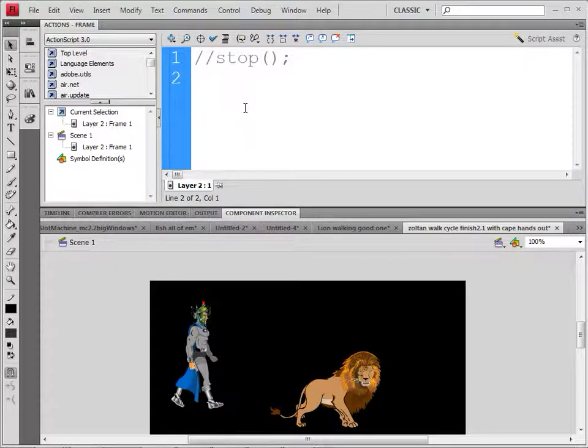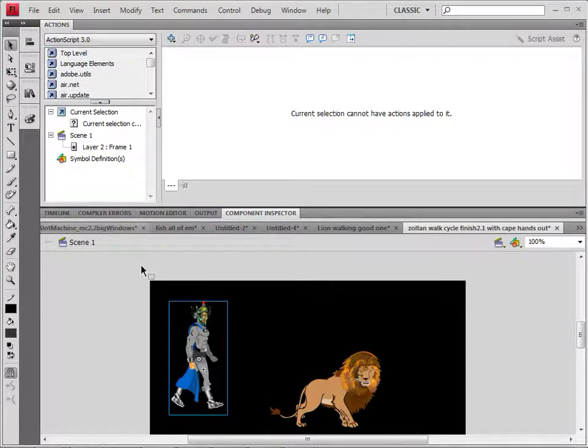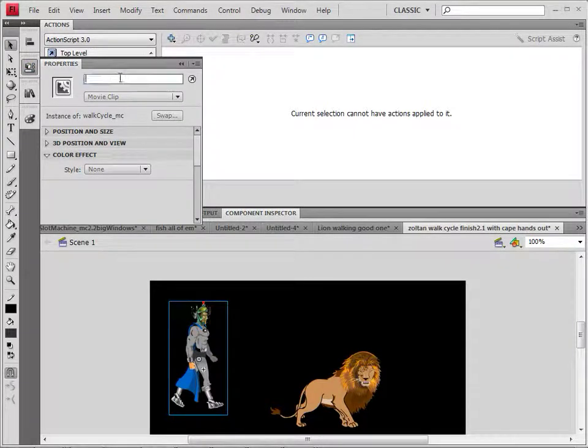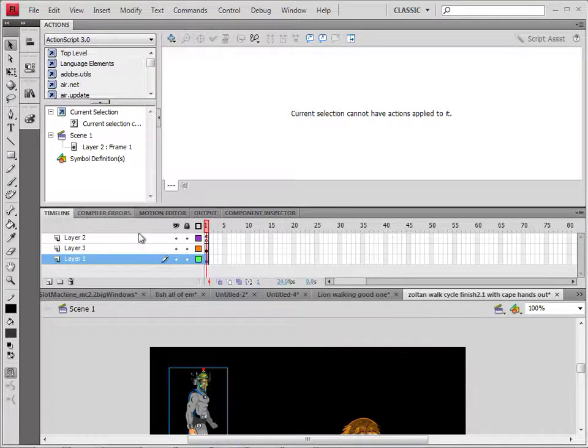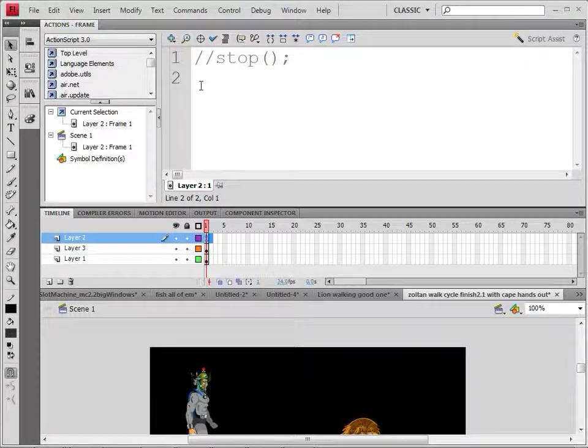I don't even know that I have given him an instance name, but you have to give each character an instance name. See, he doesn't have one, so here we'll give him the instance name of Zoltan. And then we can go, okay, so he's got an instance name of Zoltan. All right, so let's go to the actions and go to that keyframe, which is the action keyframe, and then we go, okay, Zoltan